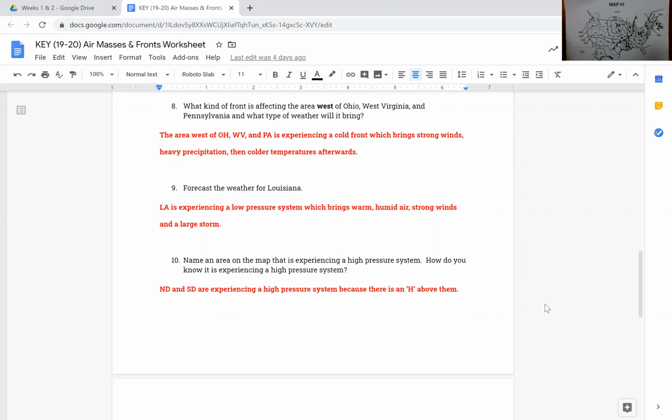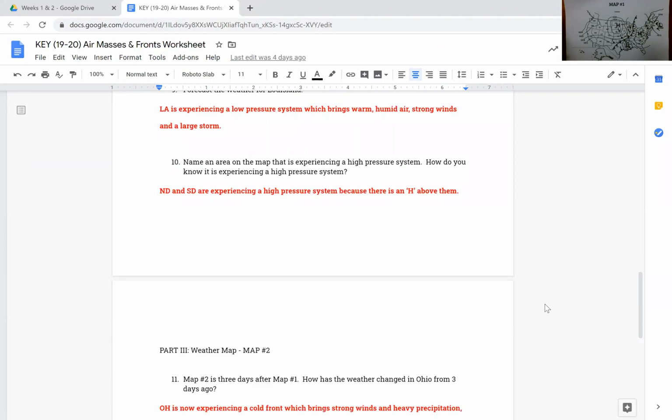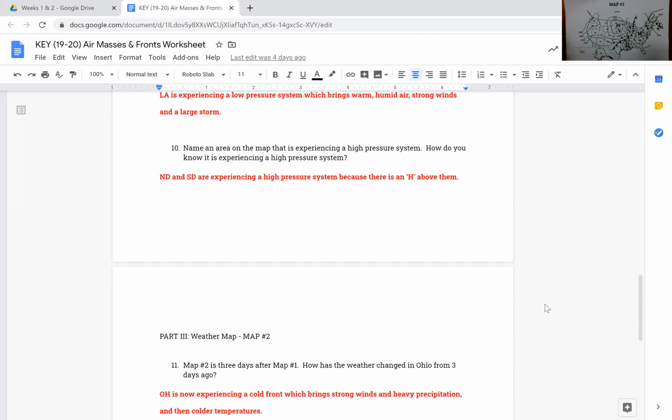Okay, so that's basically how we keep going back and forth between finding the area, looking at the reference sheet, and then telling what it is and what it brings. We have to do both of those things. What's the name of it? What does it bring? So if we go back to the map, the next one is asking, name an area